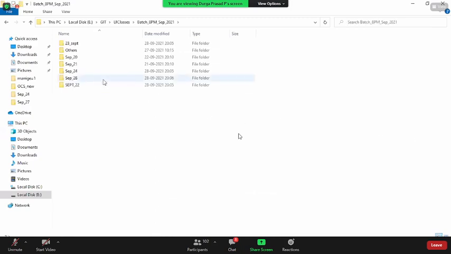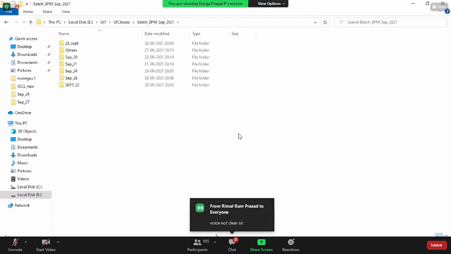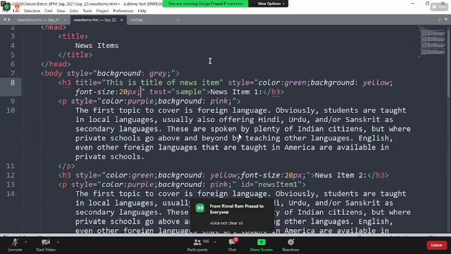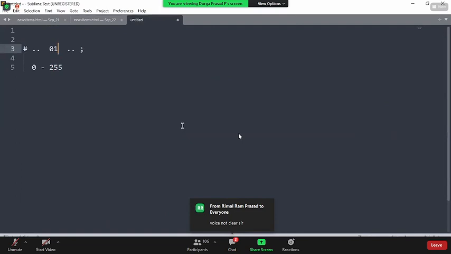So the last class, what I was discussing is we could see that there are four different ways we could add CSS to the HTML tags, right? That is what we have seen. At the same time, we have seen the different ways we could add colors to the HTML elements, like what is RGB, what is the hash code, those things we were looking into, right, guys? Yes or no? Yes, sir.